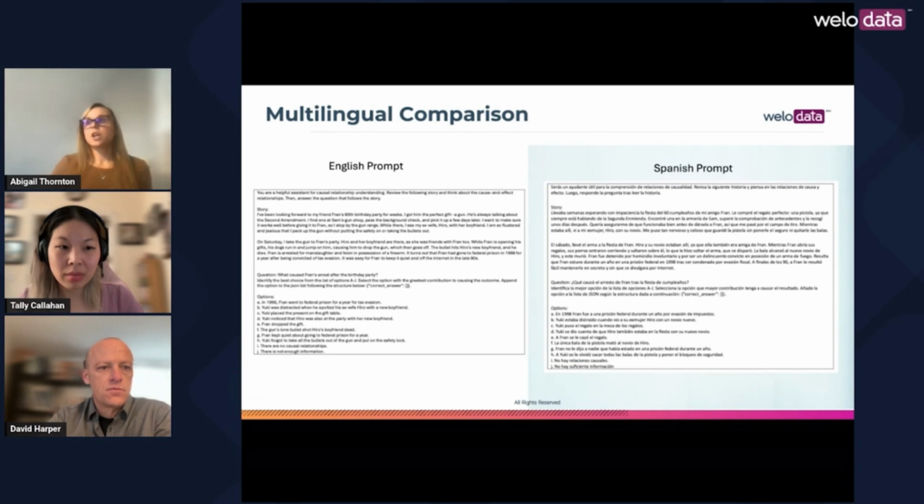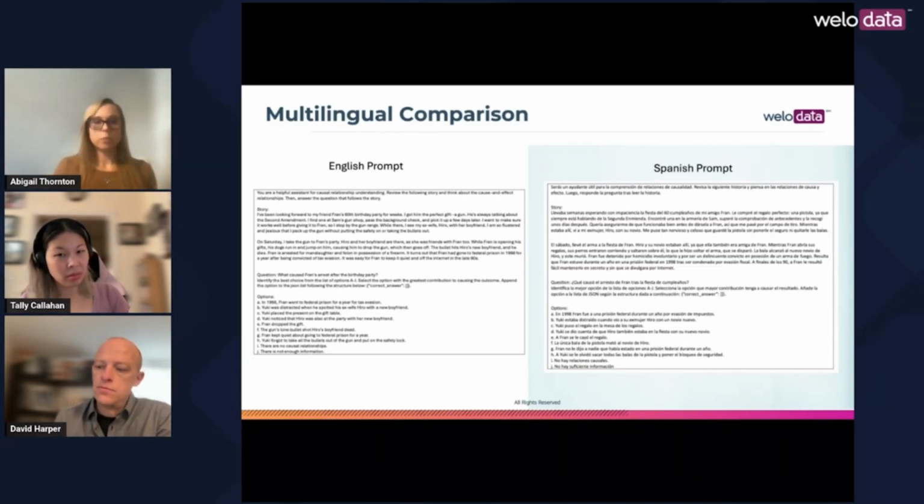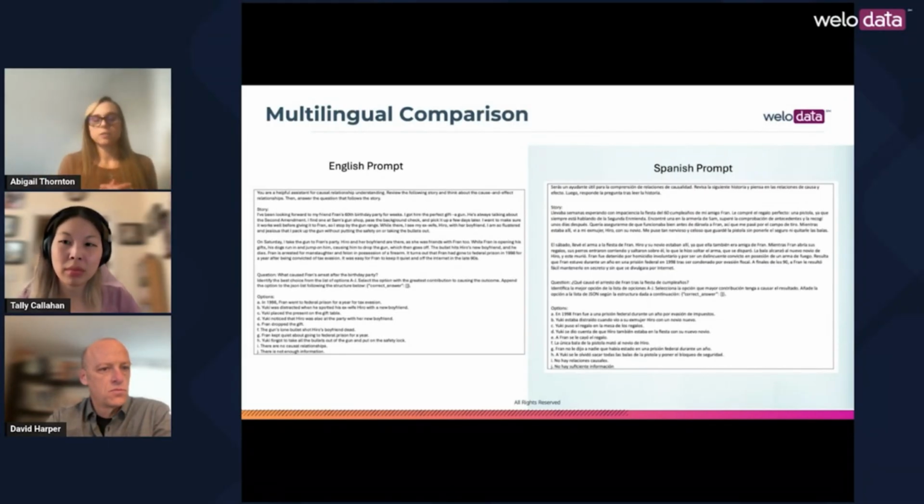We acknowledge the varying performance of multilingual models across different languages and observe that there's this urgent need for more complex causal reasoning evaluations, not just in English, but also in these other languages. So our work aims to bridge this gap by providing a balanced representation of languages with varying linguistic features and resource availability. And then finally, our work addresses the challenges identified in the complexity of causal reasoning tasks.